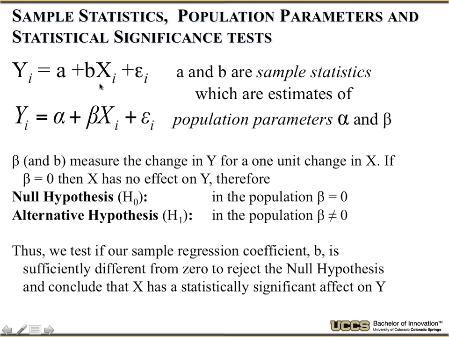And now I have to ask questions. Is my regression result statistically significant? So the first question, if I want to say whether the 2 variables are correlated, is that the null hypothesis is beta equals 0. The null hypothesis is they're not related, and now I have to reject the null hypothesis. That's right, we do all this negation stuff. So we want to test if our sample coefficient b is sufficiently different from 0 to reject the null hypothesis and conclude that x has a statistically significant effect on y. So what kinds of tests do you think we use?